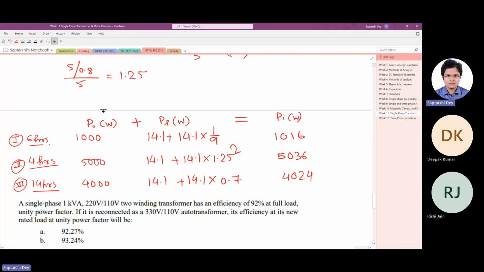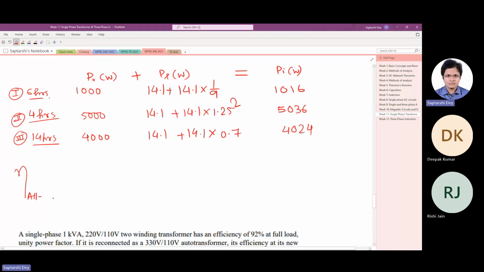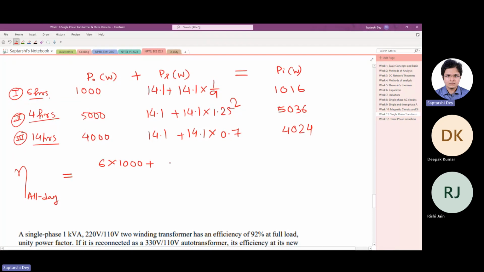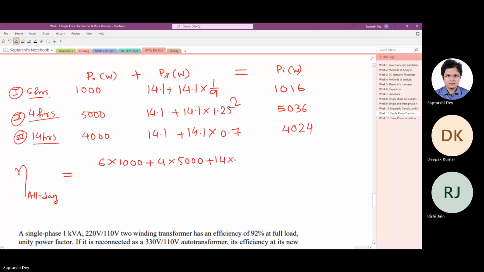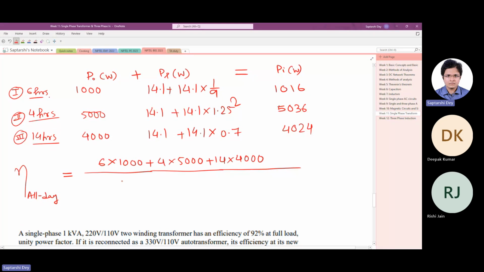Now you have data for all whole 24 hours. So you can find out the total energy output by total energy input. That will give you the all day efficiency of the transformer. So the total energy output is, for 6 hours, this much watt. For 4 hours, this much, and for 14 hours, this much. The total energy output divided by the total energy input,